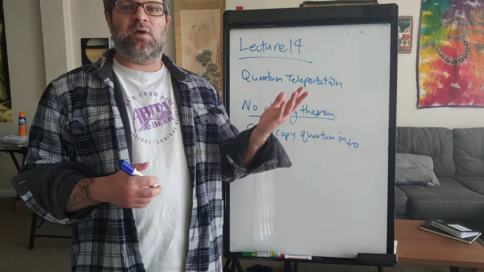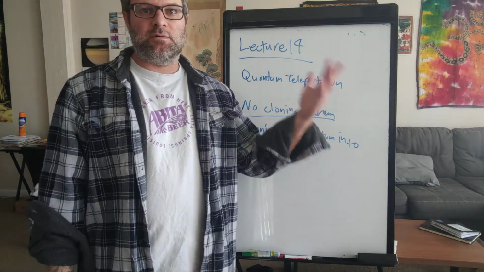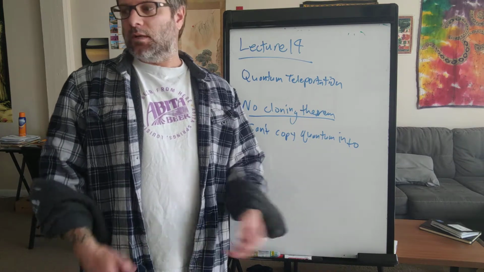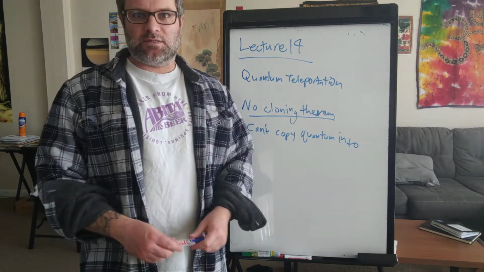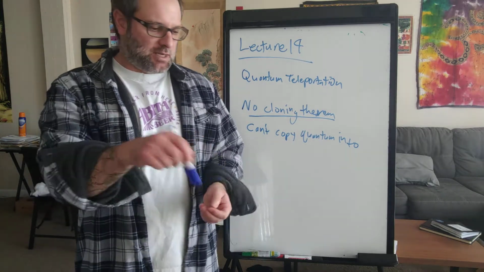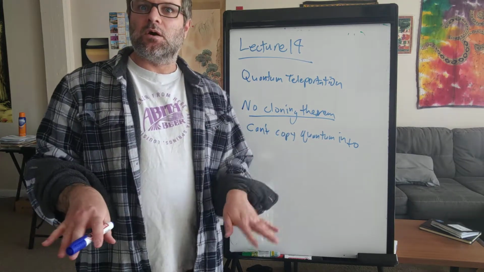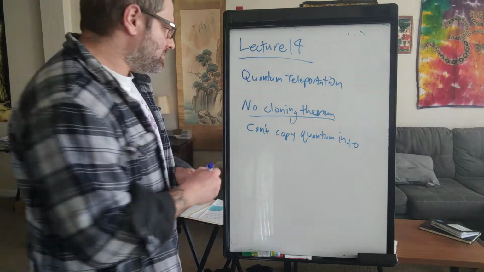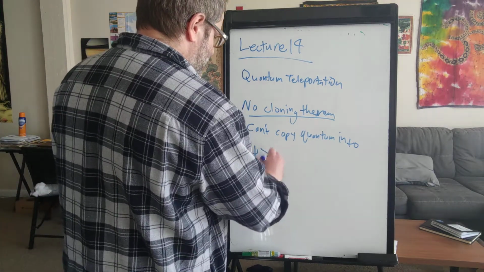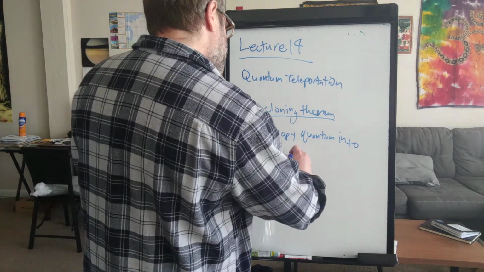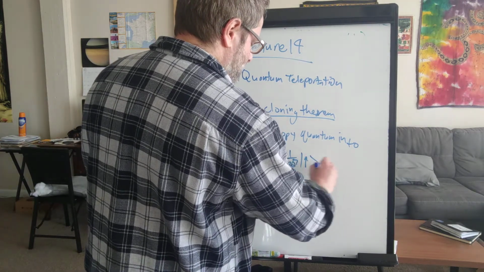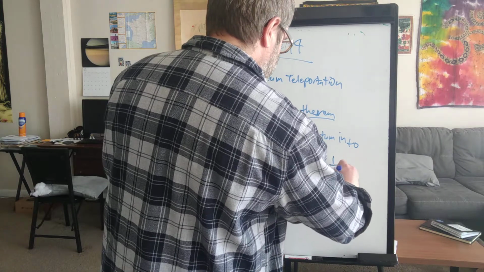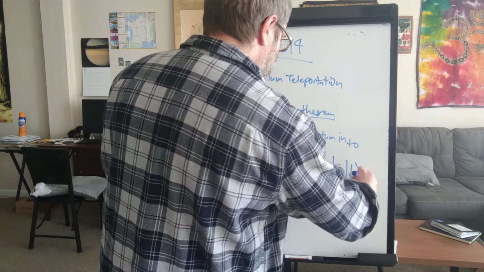because if I have some classical information, a page of numbers or a page of text or something like that, I can just sit there and copy what it says on the page. But if we have a quantum state, say we have some state, and it has a 50% chance to be spin up, or a 50% chance to be spin down,